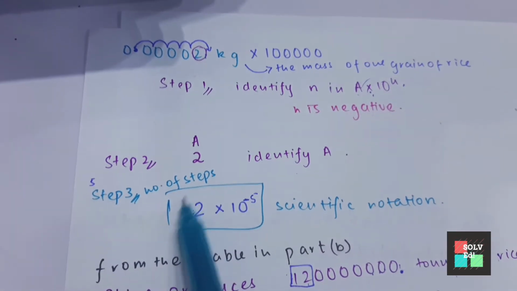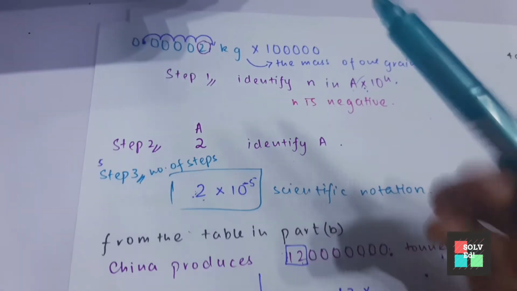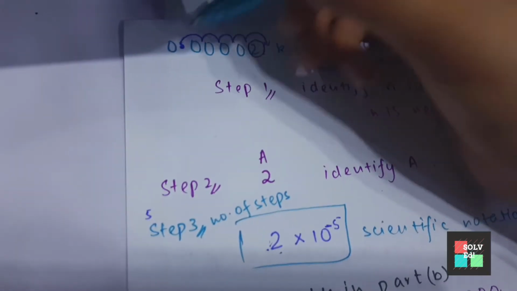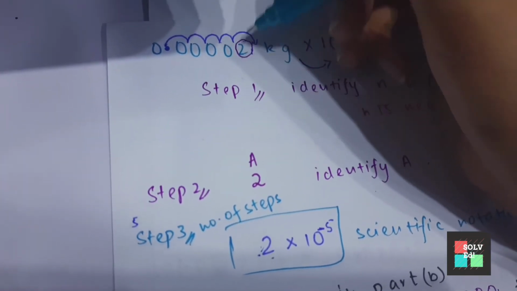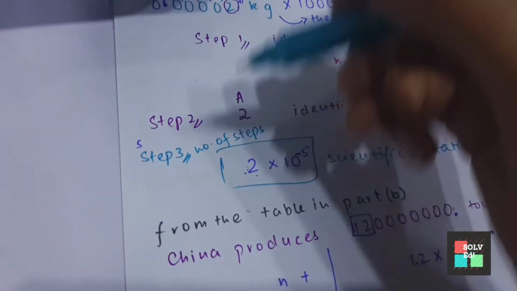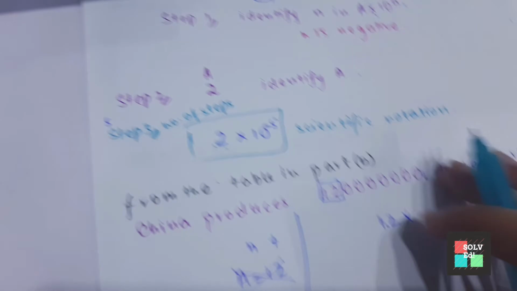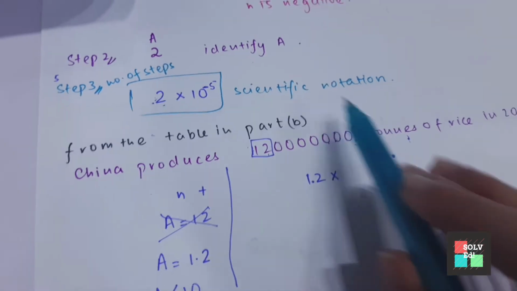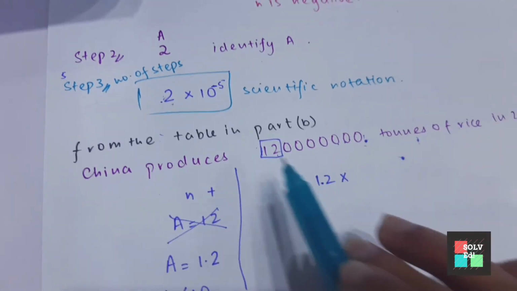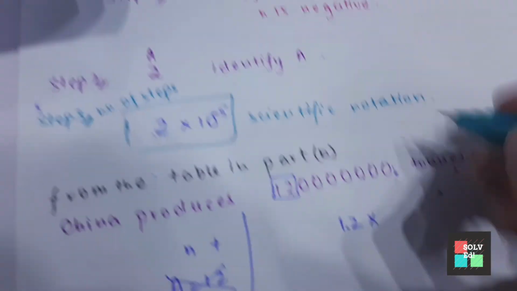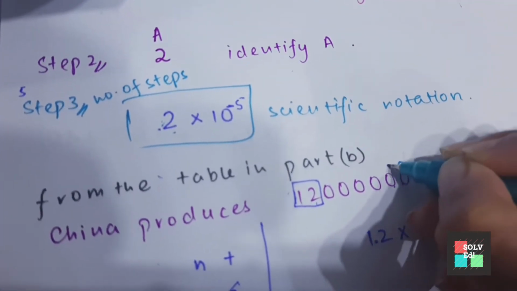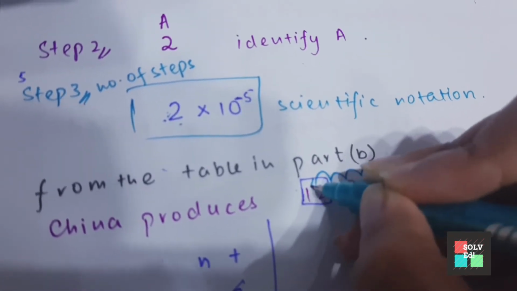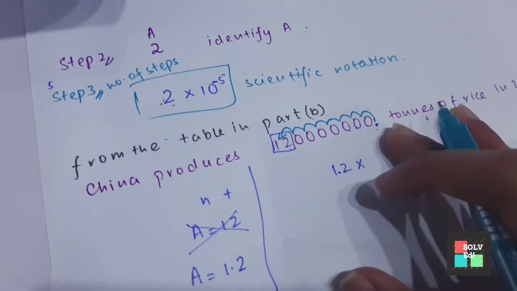Here it was only 2, and 2 as a figure individually has its decimal point on its right. So we move the decimal point of the figure given in the question to the decimal point position given in A. Here A has its decimal point in the middle of 1 and 2. We're going to bring the decimal point in the figure of the question to 1.2. So we're going to move 1, 2, 3, 4, 5, 6, 7, 8 steps backwards. So that's going to mean